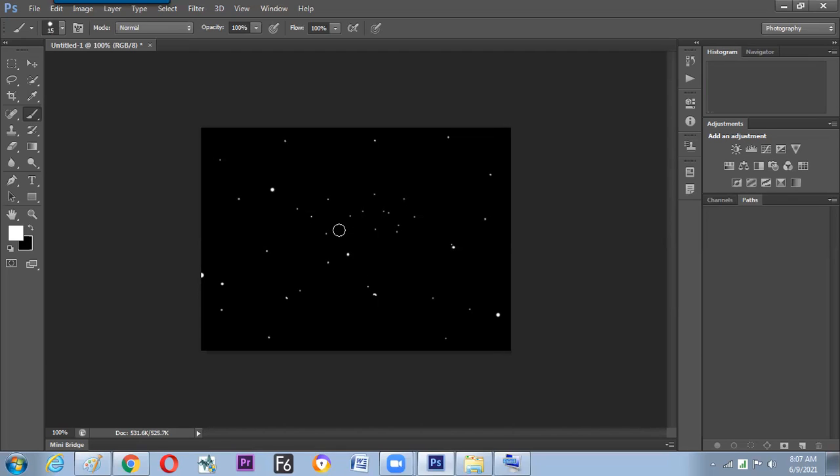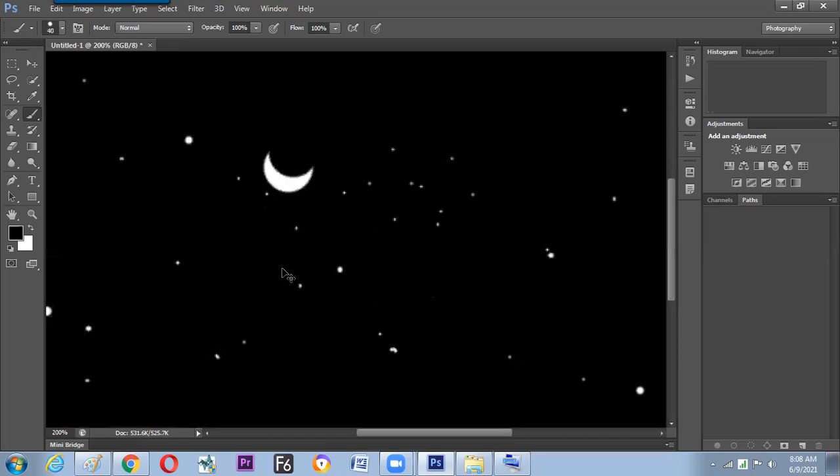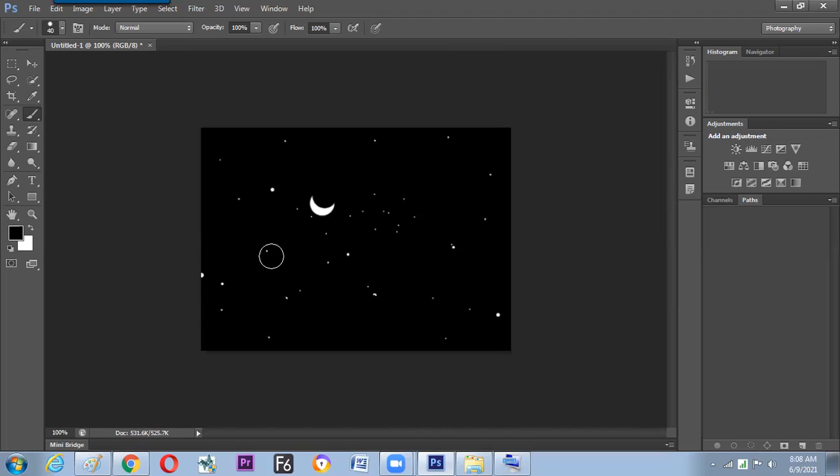And in the center, yes, we can have a full moon. If required, hit the X and bring the black color to the top and get the same circle to appear on this. So hope we have understood now how to make the star sky with these things. Is it okay?